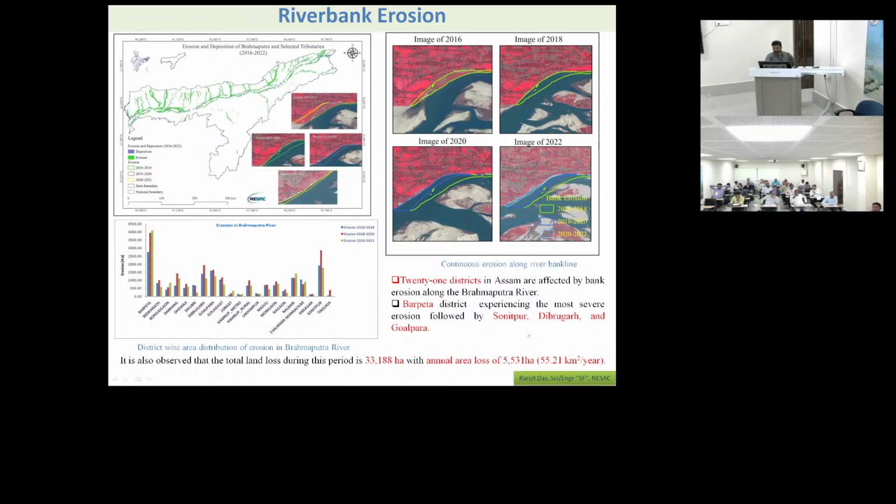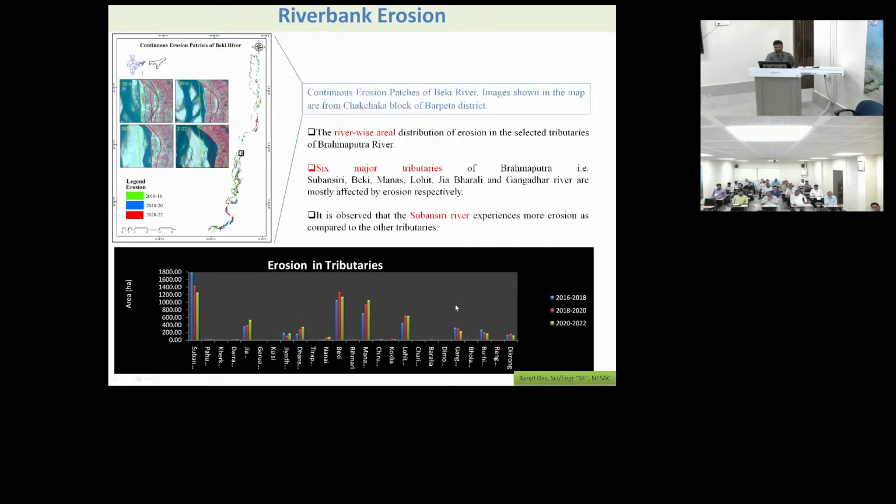So here what we got is that 21 districts in Assam are affected by bank erosion along the Brahmaputra river. Barpeta district experiences the most severe erosion, followed by Sonitpur, Dibrugarh and Goalpara. Barpeta has the highest erosion rate. This is the first year, this is the second year, this is the third year. After that Sonitpur also has very high river bank erosion. That is our study only I am showing here, how you have continuous erosion patches of the Beki river,